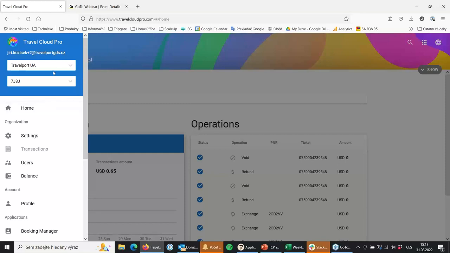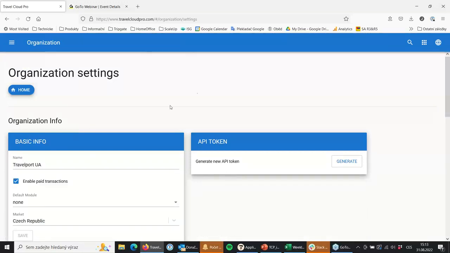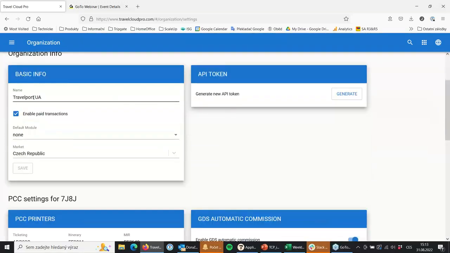Okay, so this is about how it looks and what the user rights are. And now I would like to touch a little bit on the settings. So I have the name of the agency. Everybody has enabled pay transactions, meaning that you are enabling your users to use TCP Exchange, because if you disable it, then they cannot finish the exchange because it's a paid function.